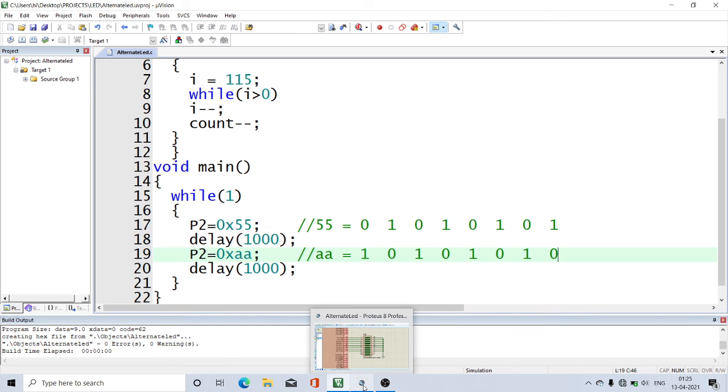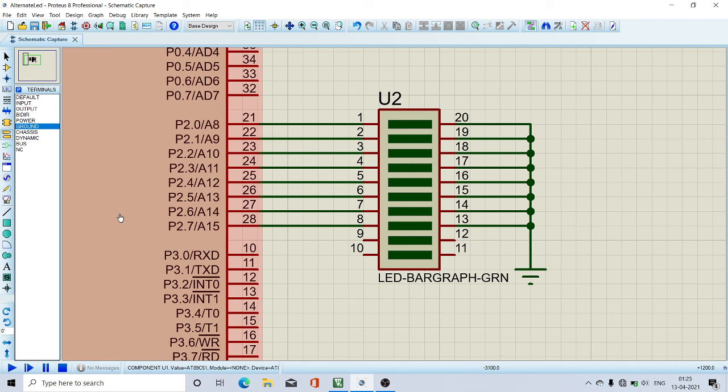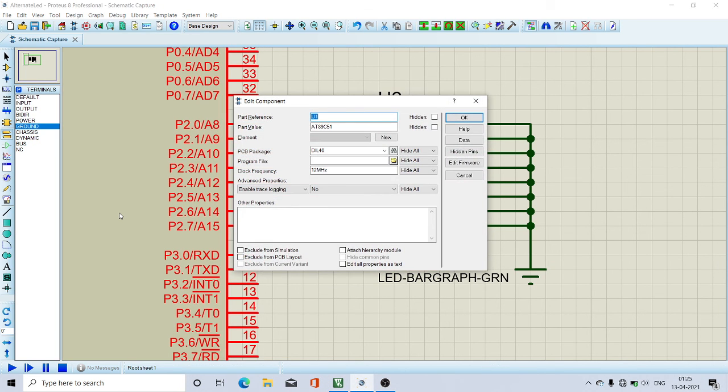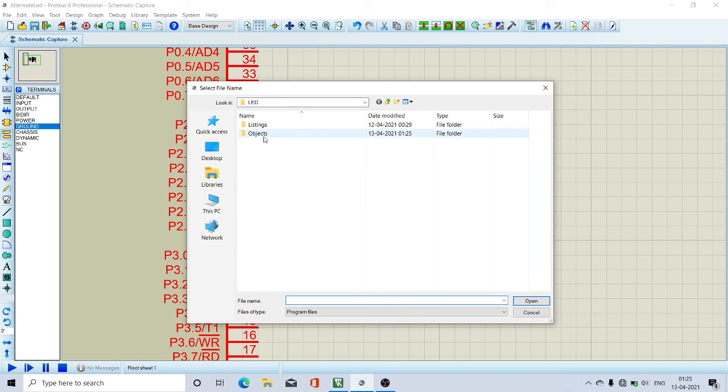Now I am going for Proteus. I am double clicking on this controller, then setting the clock frequency to 11.0592, and coming to the program file, I click this folder and go for the objects, where you can find desktop, projects, LED, objects.